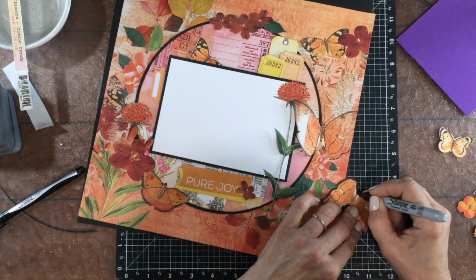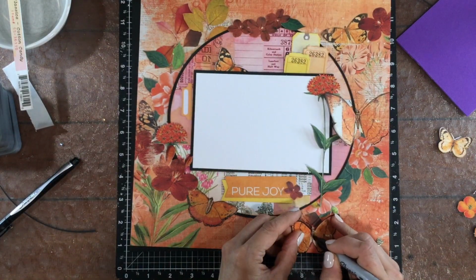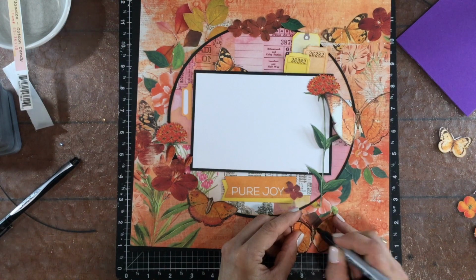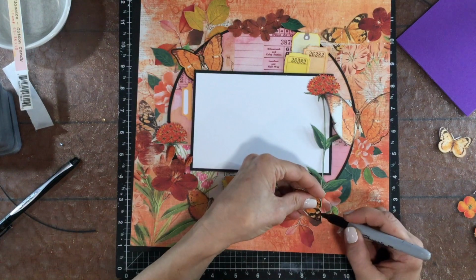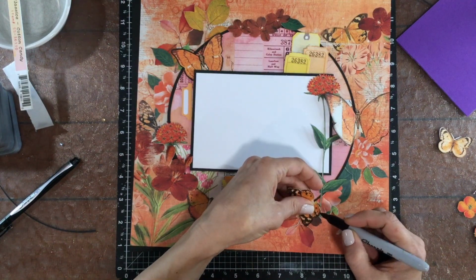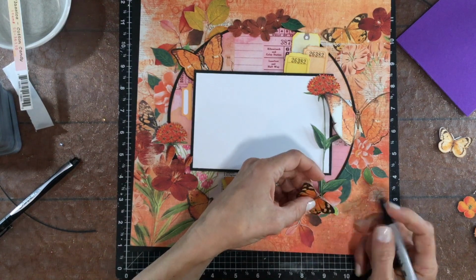Before I was using a Sharpie flare marker. I don't think it really makes a difference. You could see that marker off to the left. I liked the way the dark line looked around the outside of the butterfly, and then I decided to add a few more lines on the inside of the butterfly, and then I did the same thing with this smaller